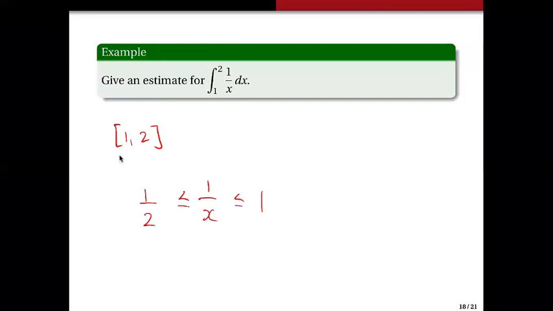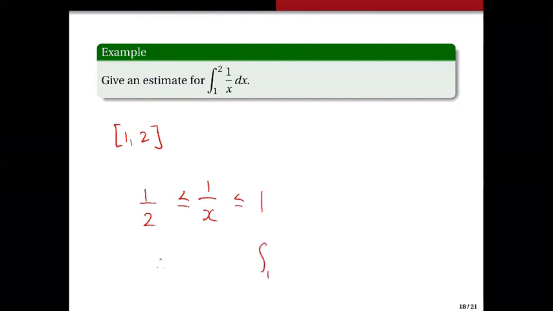If your x is 1, then you have the 1. If x is 3 halves, then 1 over x will be 2/3. If x is equal to 2, then 1 over x will be 1 half. So this is what we know. Therefore,